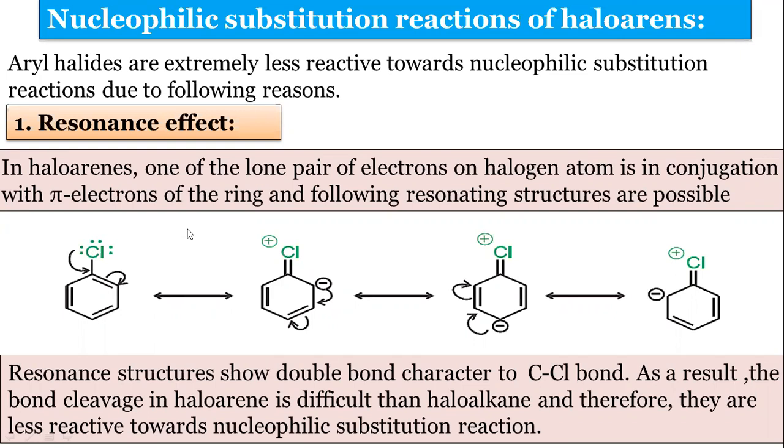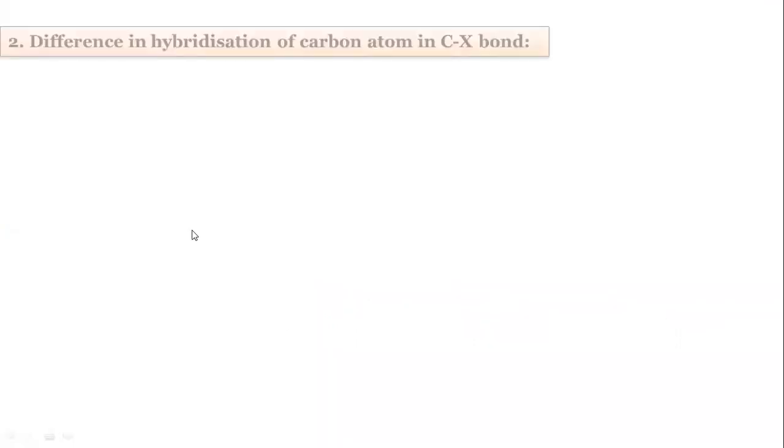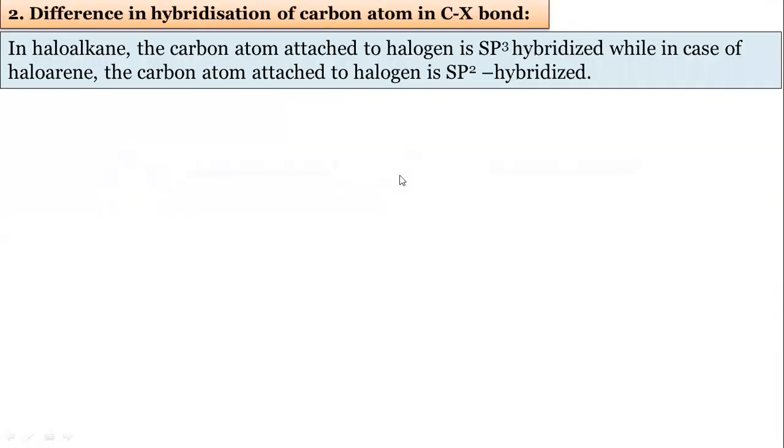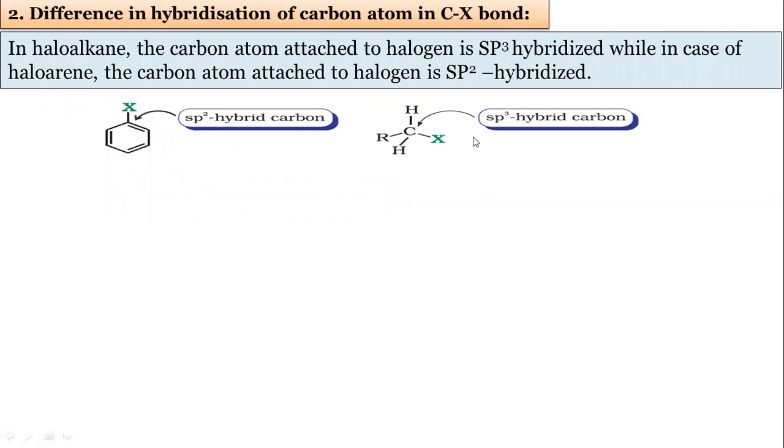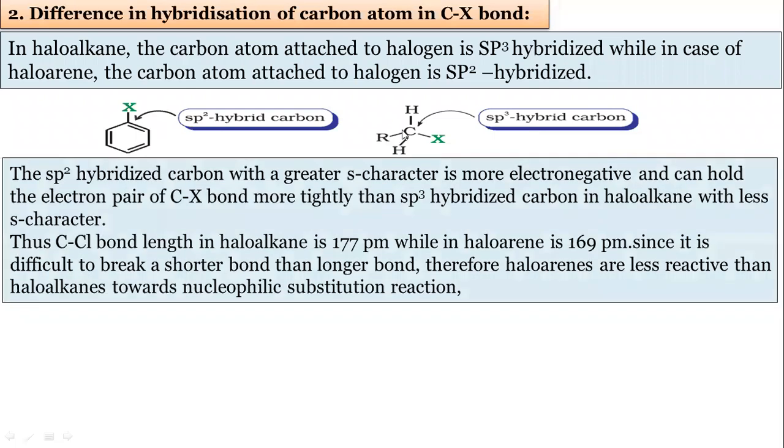The second reason is difference in hybridization. See, I will explain. In case of alkyl halides, the hybridization is sp3, and in case of aryl halides, the hybridization is sp2. Because of this hybridization, what is happening? The C-Cl bond length in case of alkyl halides is 177 picometer, and in case of